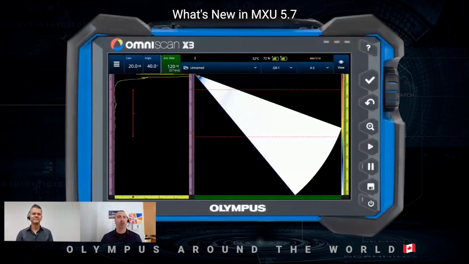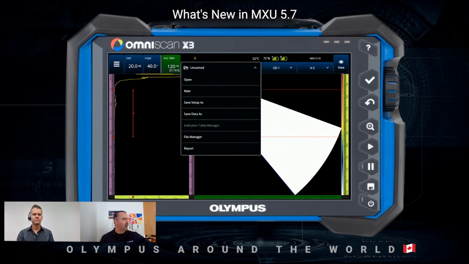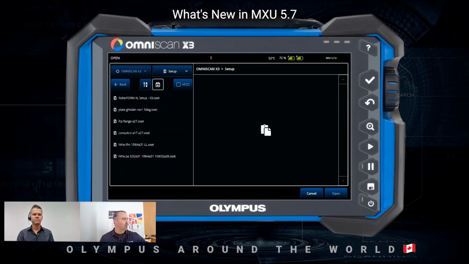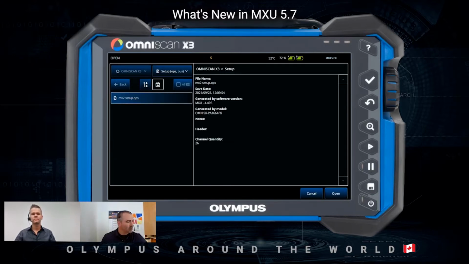Yes, so the first feature that is a well-awaited one is the support of legacy MX2 files, whether we're talking about setup file or data file. So first up, setup file. As you see, I have an OmniScan X3 connected right now. It's the default setup, nothing fancy. So with 5.7, if you go into your file open menu, you'll see in the drop-down from setup, there's a new option for OPS and OUS, that is the legacy setup file. So if I select this one, my MX2 setup,